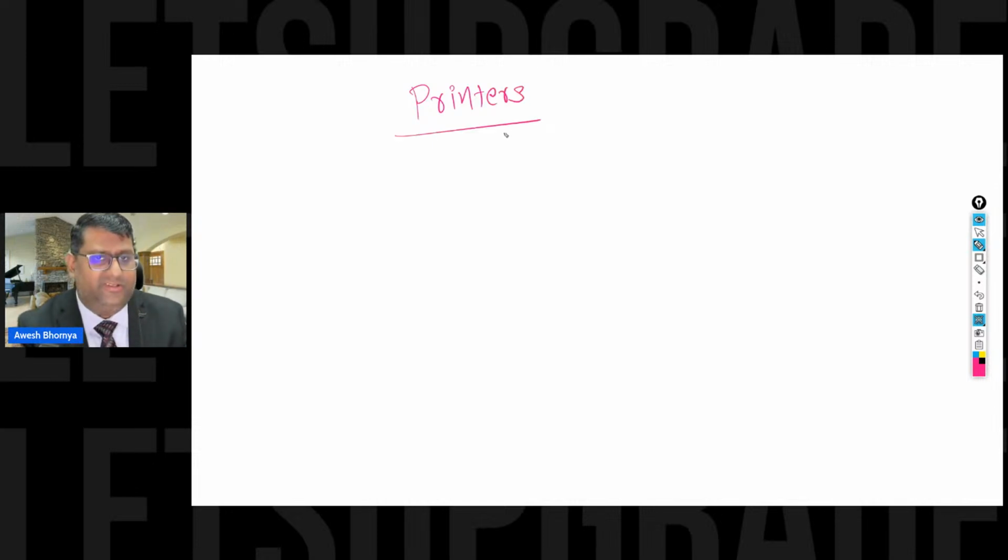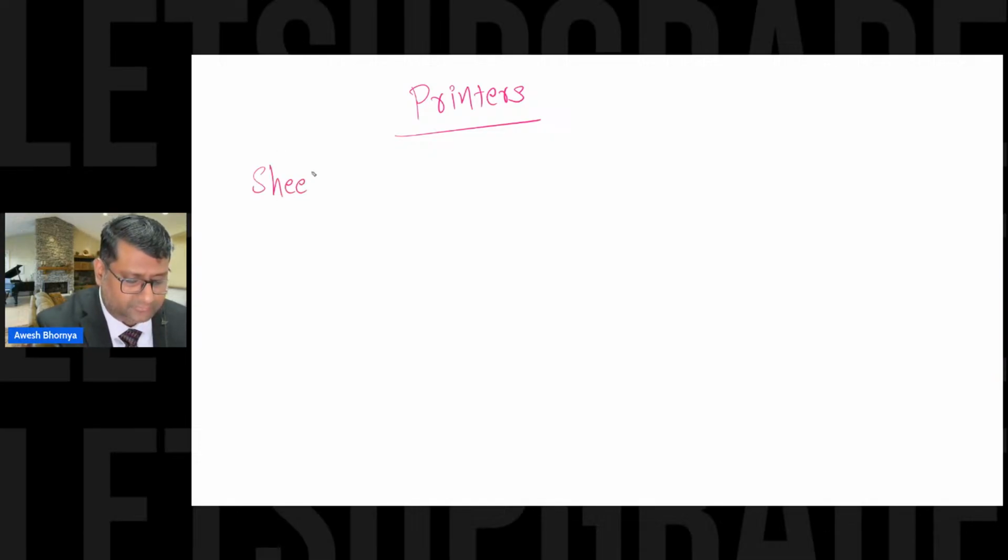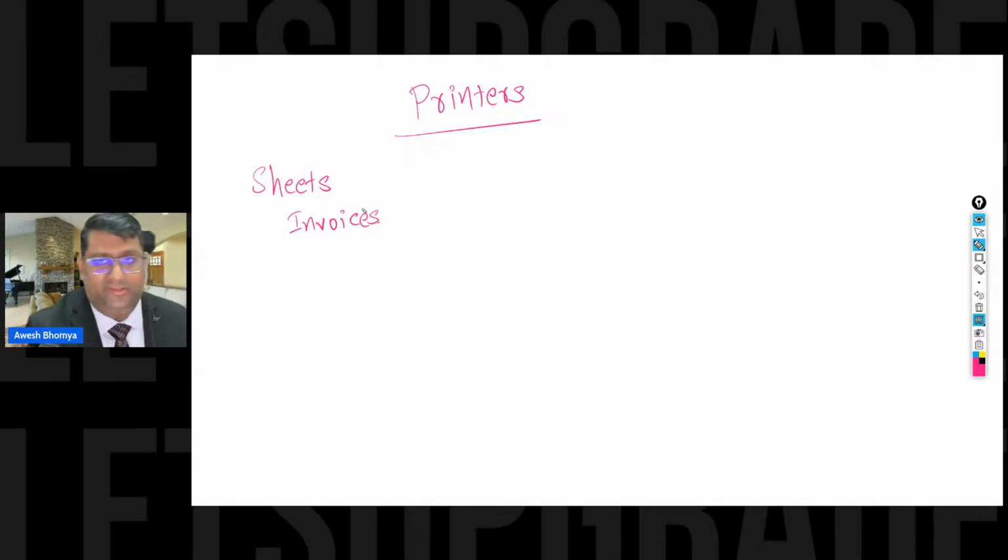Now, with respect to this data set, we've got three different tables, or you can say three different sheets of data. The first sheet is the sheet that contains all the invoice data. You can call it the invoices sheet or invoices table. The second piece of information that is important is customers. And then the third piece of information that's important is the products.